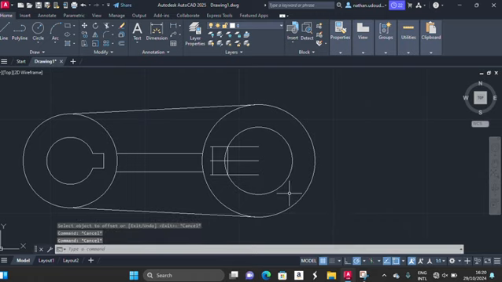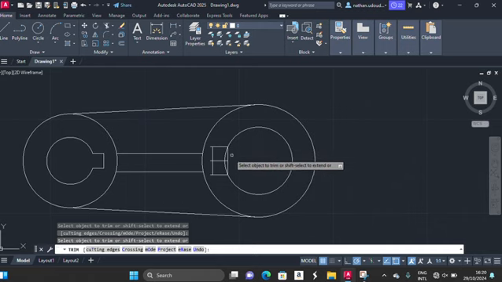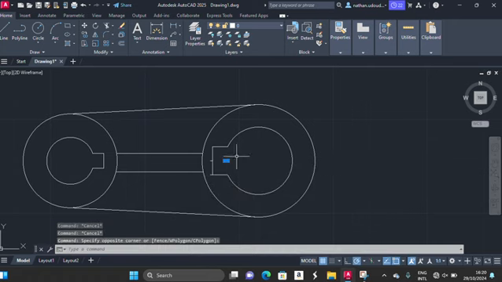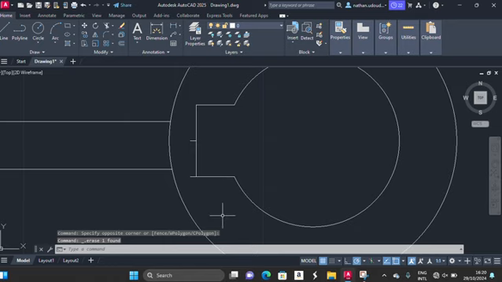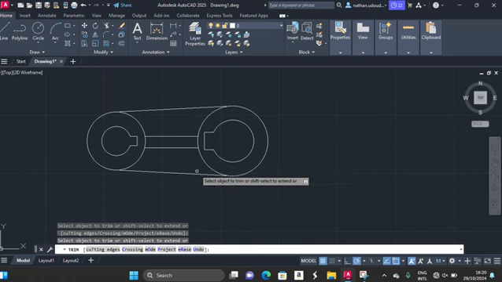So now you escape and then you can trim. TR, enter. Clean up this, clean up this, clean up this, this, and then this. So TR, enter, this, and then this. Okay, so now that is it with the plan. So now that we're done with the plan,